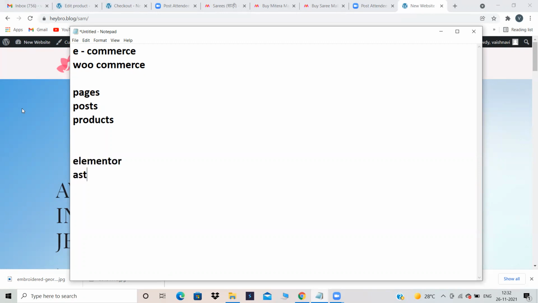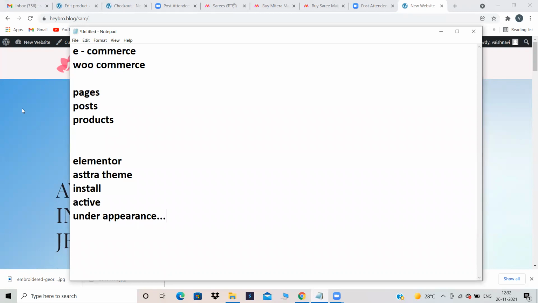In Elementor, Astra theme. When you download, that is install and activate Astra, under appearance, there is an option called, which is option? Astra options.